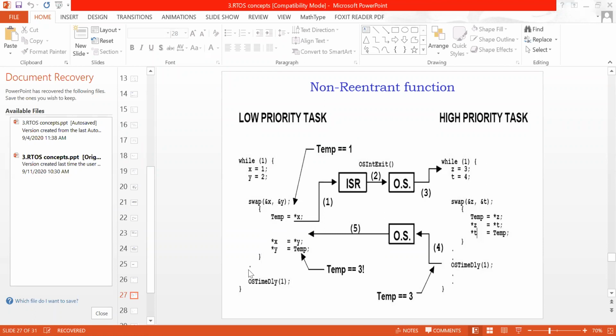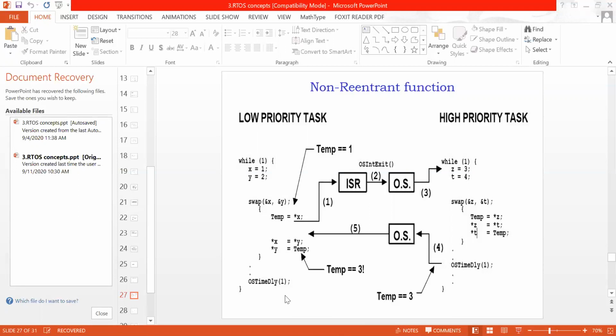Then the curly bracket is complete, and there is a real-time RTOS function called OS time delay. OS time delay gives a delay of 1 second or maybe 1 millisecond, depending upon the parameter of your time delay function. OS means operating system. This is practical code I have taken from unit number 3, that is MUCOS 2, microcontroller operating system 2, which uses this kind of function to generate a time delay. Are you getting this?